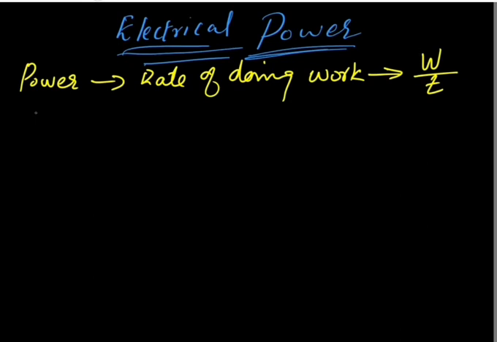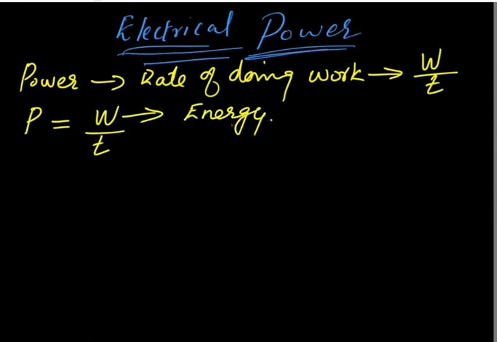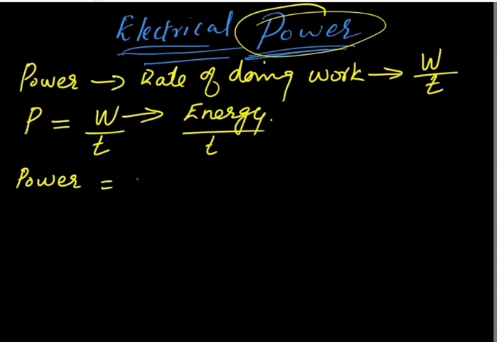Or you can write power, let power be represented using letter P. Power is equal to work by time. So this work, as I told earlier, it is actually the energy. Now we are doing with electrical power. So it will be electrical energy divided by the time, isn't it? So we can write power, that is electrical power, is equal to electrical energy